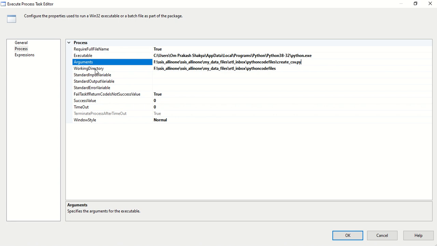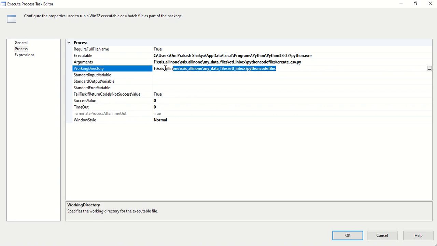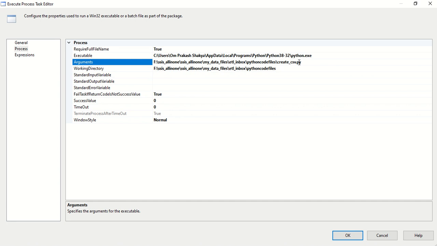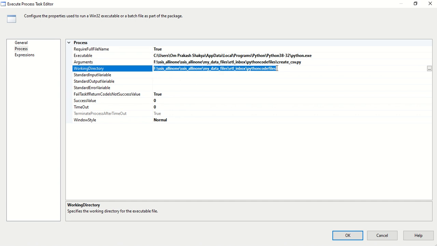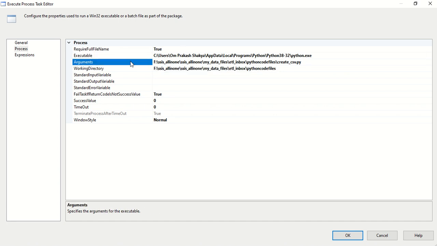And the working directory is the working directory for the executable file. So I have provided where my .py file is. If we do not provide it, it is also sufficient. Only these two items, the executable and arguments, are sufficient.